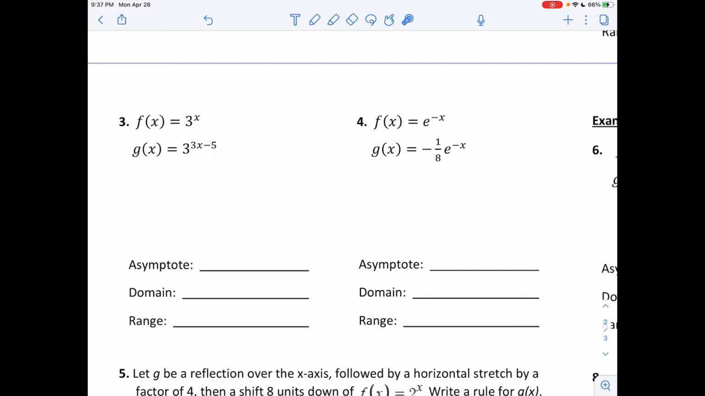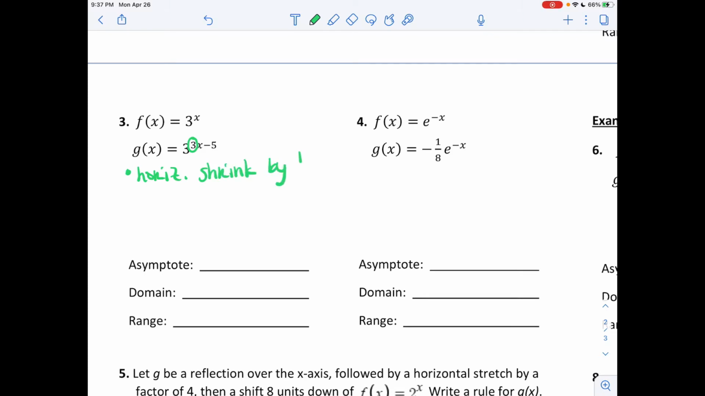Let's continue with a couple more. This time I'm starting with f of x is equal to 3 raised to the x power, and my transformed function is 3 raised to the 3x minus 5 power. So the first thing I see is this exponent of 3 that's right there in front of x, but with x in the exponent. Remember that things that are horizontal are going to be with x in the exponent, and a 3 in that location is actually a horizontal shrink